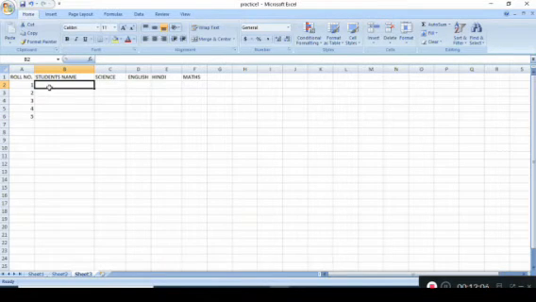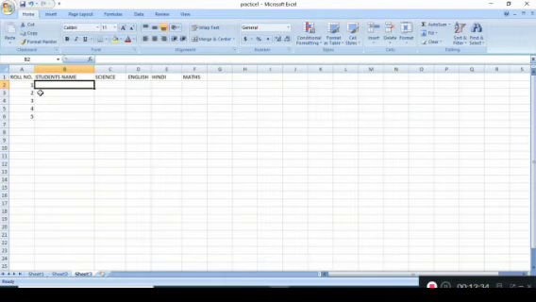Now student name. As we studied in our previous video, whenever we write any digit, it automatically comes at the right side of the cell. You can see here, when I wrote this digit, it appeared at the right side.